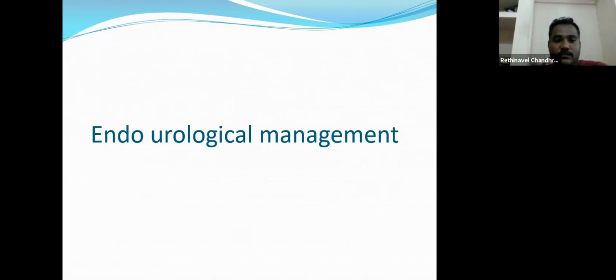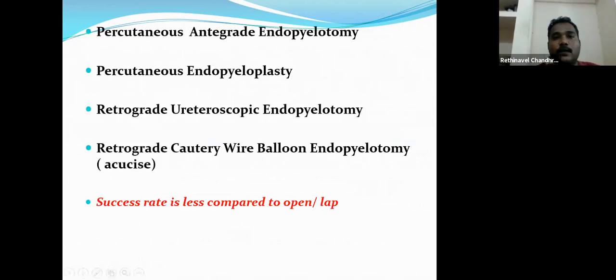I will tell briefly. The endourology options available are percutaneous antegrade endopyelotomy. Antegrade means you are coming via the pelvis. Endopyelotomy means via endoscopy, and pyelotomy means you are cutting the pelvis. That is the meaning. What is endopyeloplasty? This is also an antegrade technique. You come via endoscopy and do pyeloplasty like laparoscopy. In the nephroscopy itself, they will suture. That is called